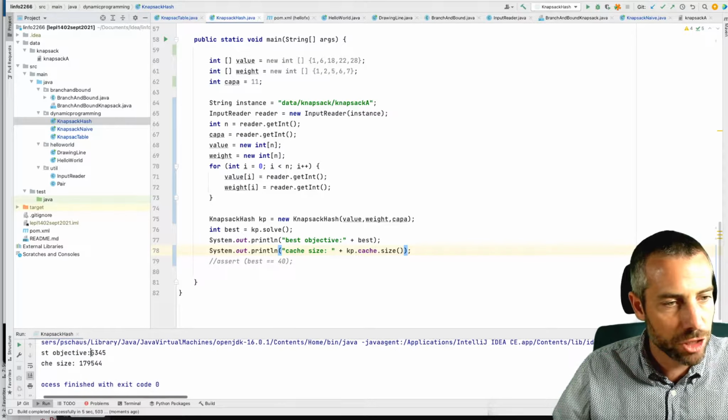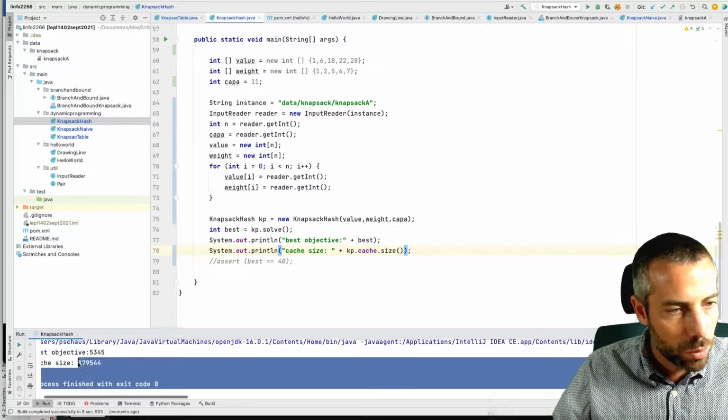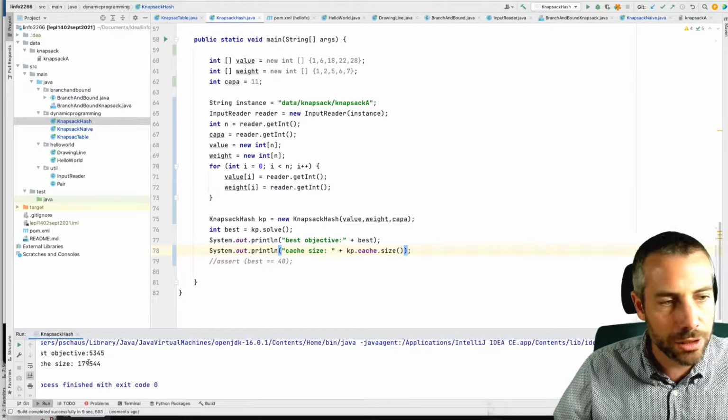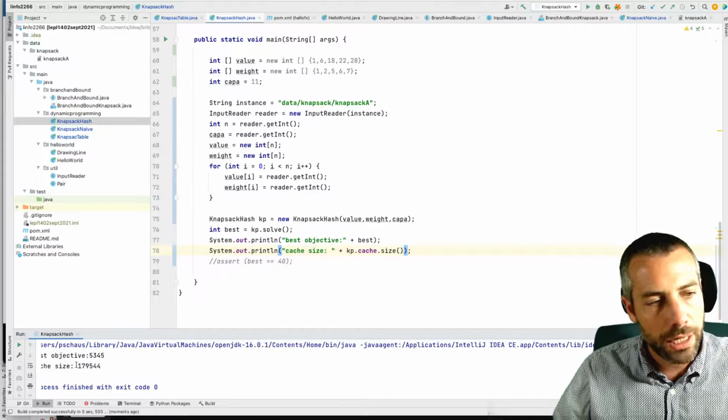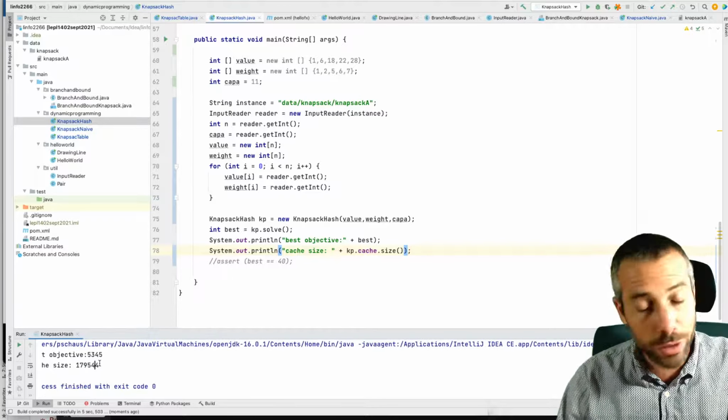You see that the objective function is the same as before, and the size of the cache is 179,544. If you remember the size of the table, it was much more than that.